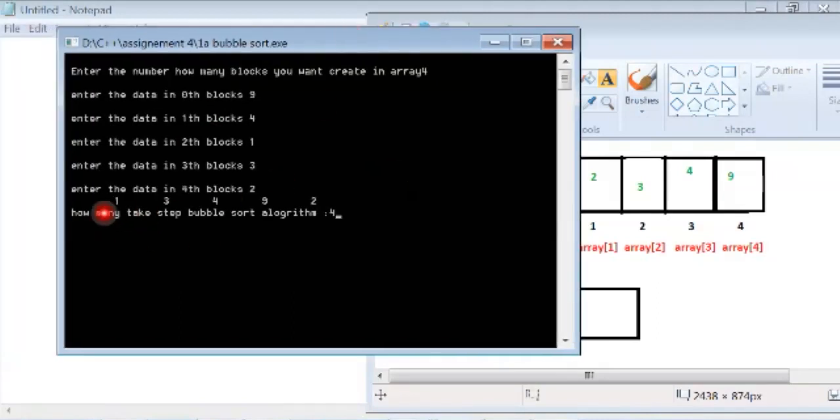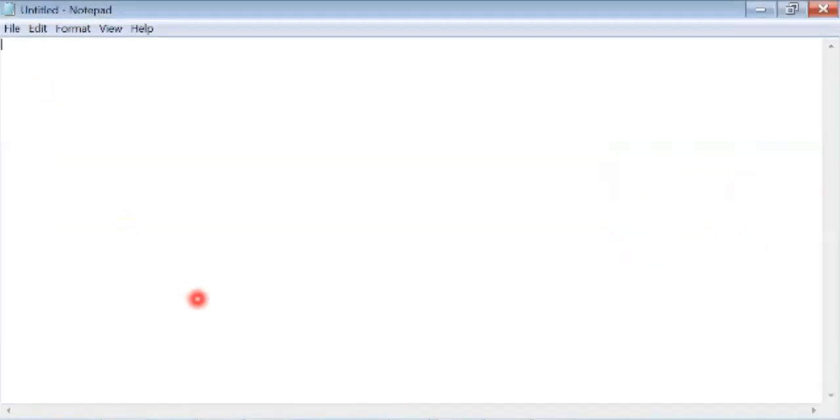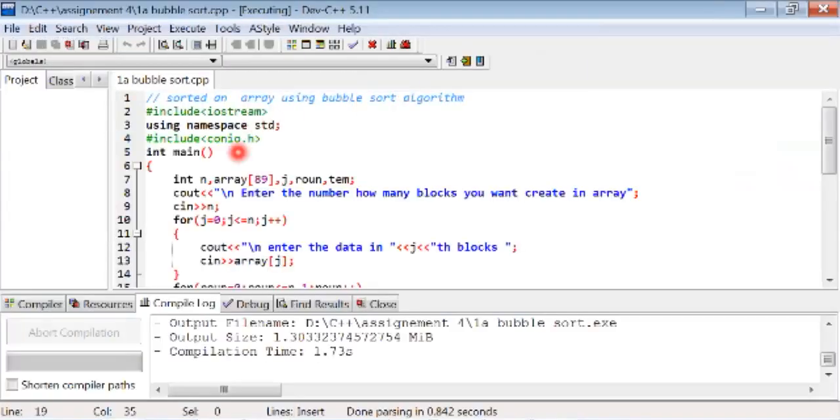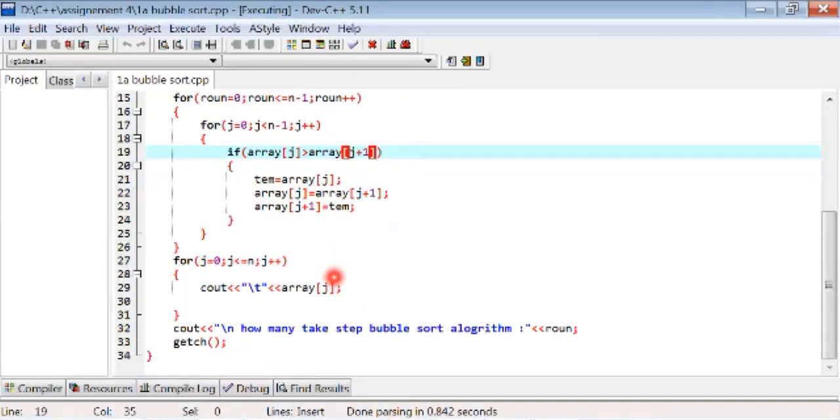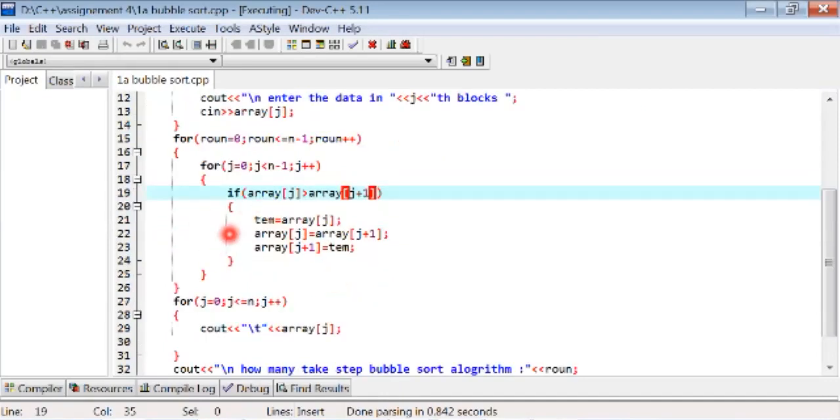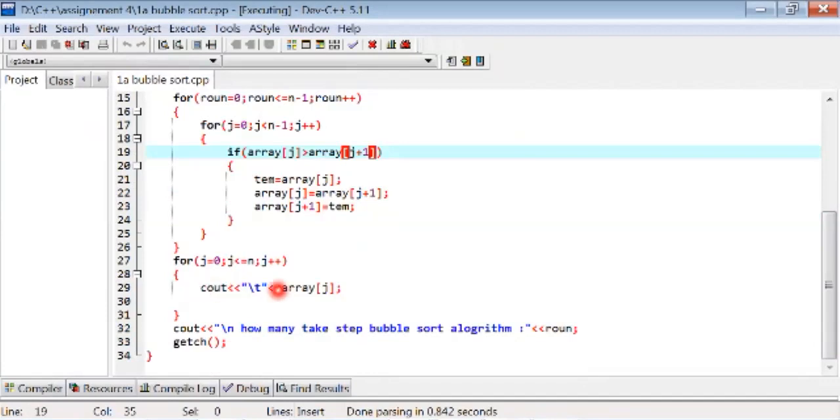This is the sorted array, and the bubble sort algorithm takes 4 rounds. After the array is sorted, we print the sorted array.